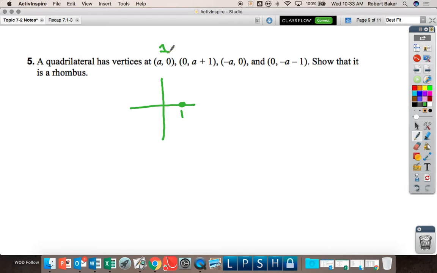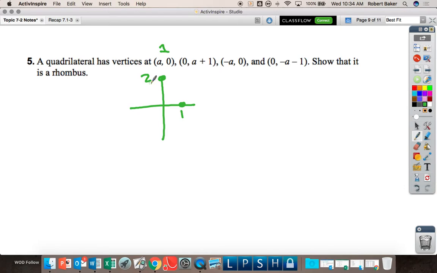Then I have to go over 0, up A plus 1. So that's something like right here. Yeah, it's up A and 1 more. Wait, then I thought A was to the right. But A is the x coordinate, so move over A and go up 0. Now next in this one, they're saying go over 0 and move up A plus 1. So A is a constant here, but it's a variable. So moving up A units, I don't know how far that is, but I want to go 1 more than